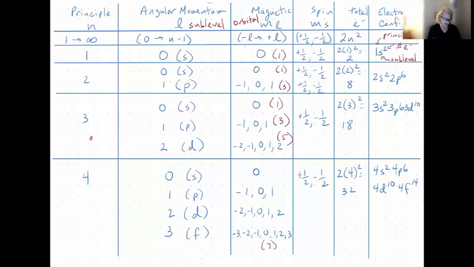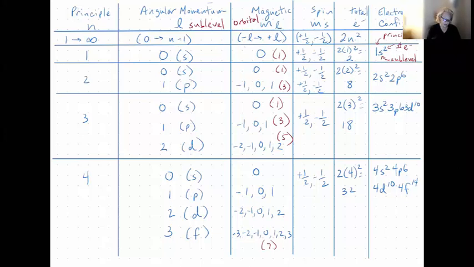When we get to the third quantum number, we have 0, 1, and 2 sublevels, any integer up to n minus 1. So when L is 2, that represents a d orbital. And when L is 2, M sub L is any integer from negative L to positive L. So we've got negative 2, negative 1, 0, 1, 2, or a total of 5 d orbitals. So the d sublevel contains 5 orbitals. Each of those orbitals can hold 2 electrons of opposite spin for a total of 10 electrons that fit in